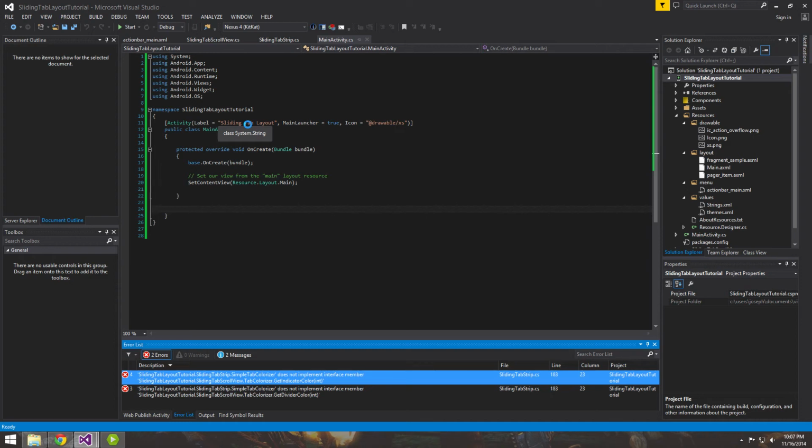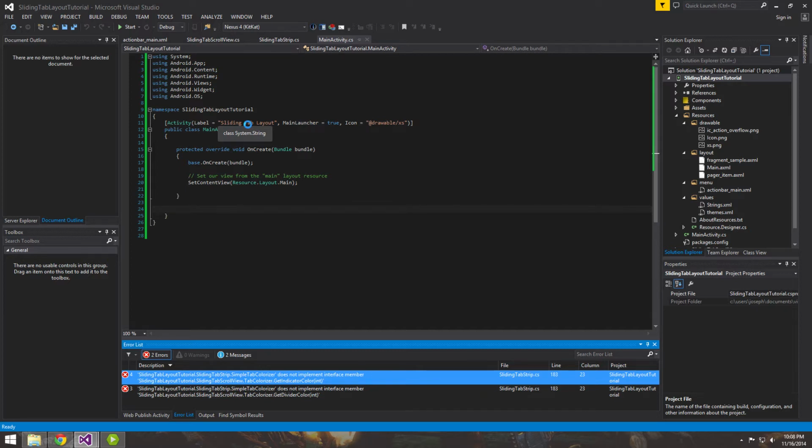Hey guys, what's up? So this is our 12th Android tutorial, Xamarin.Android. And in this tutorial, it's pretty exciting. We're going to finish up our sliding tab navigation system, okay? So this one's going to be pretty quick, a lot quicker than the other two, since we do have the